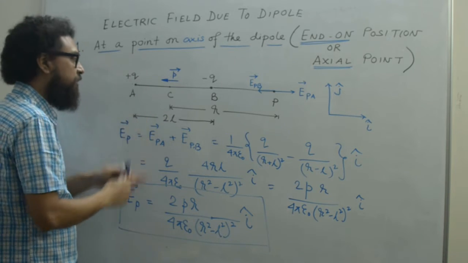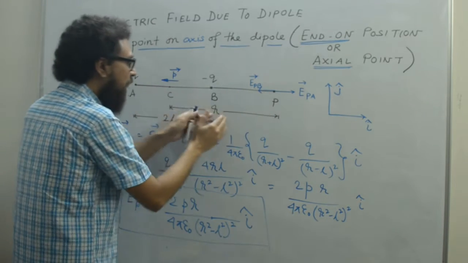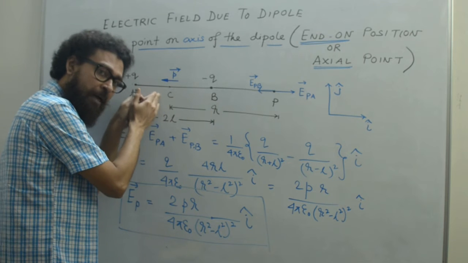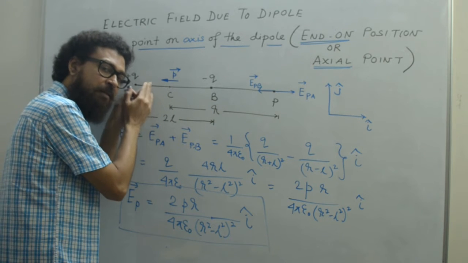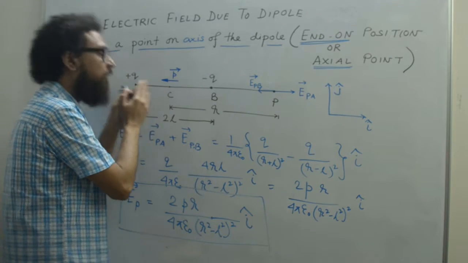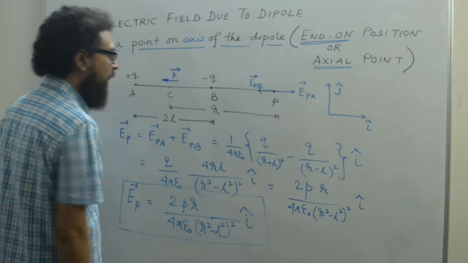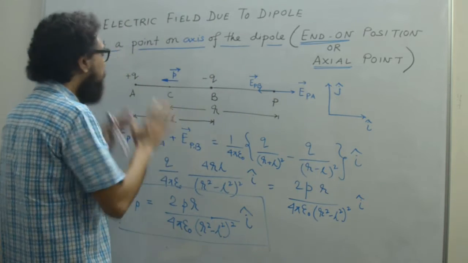These are the conventions. So we have a dipole, we have taken a point P which is at a distance r from the origin of dipole. We have to calculate everything with respect to the origin or center of the dipole, that is C here. Followed? Very good. So we are calculating the electric field. We have this task today.